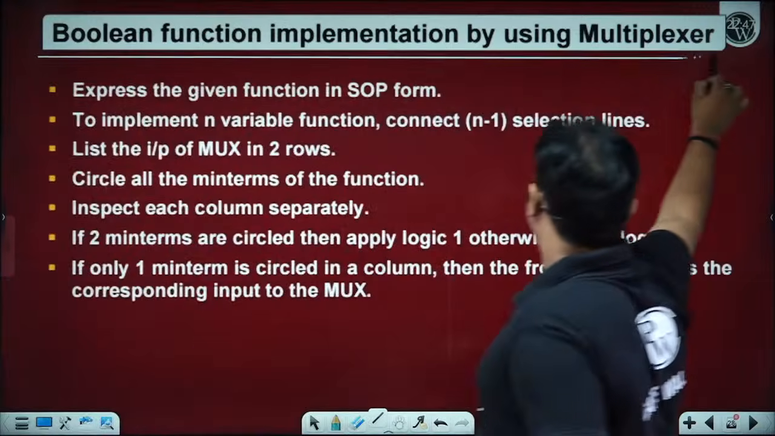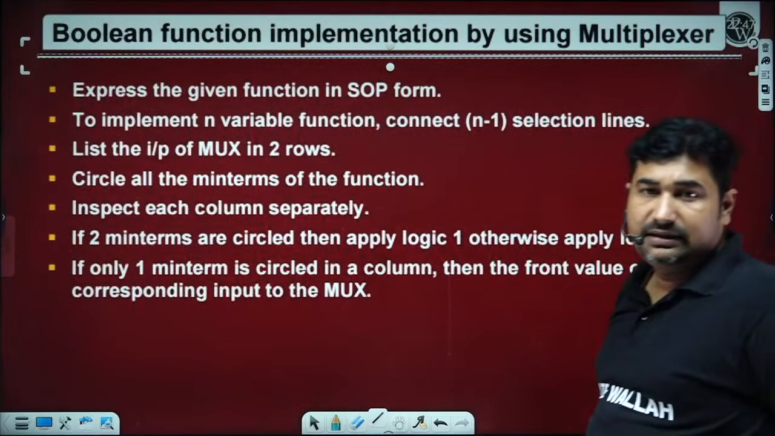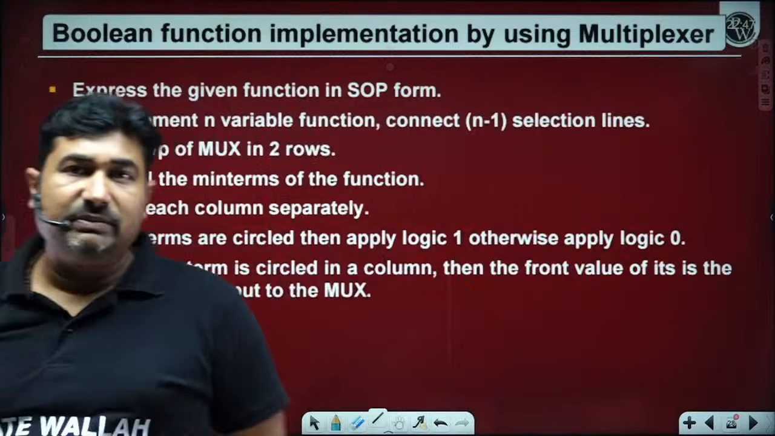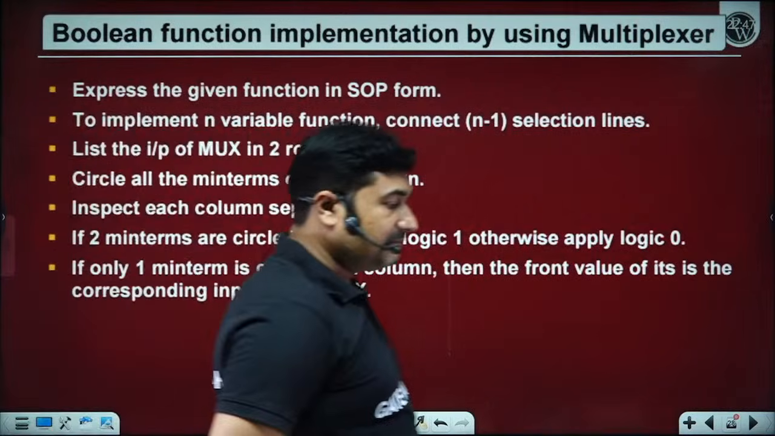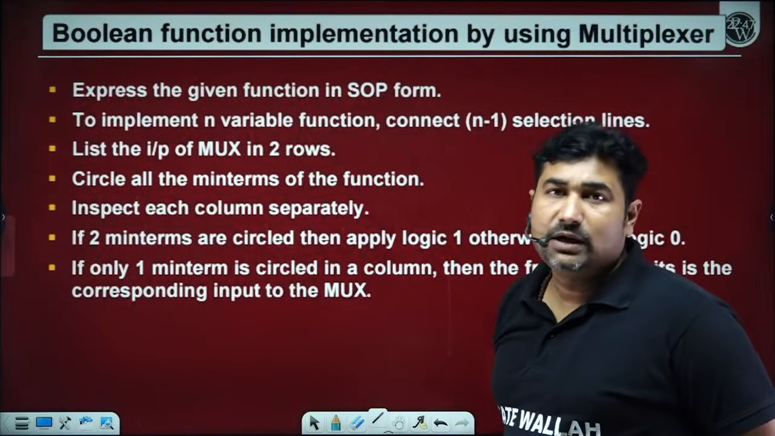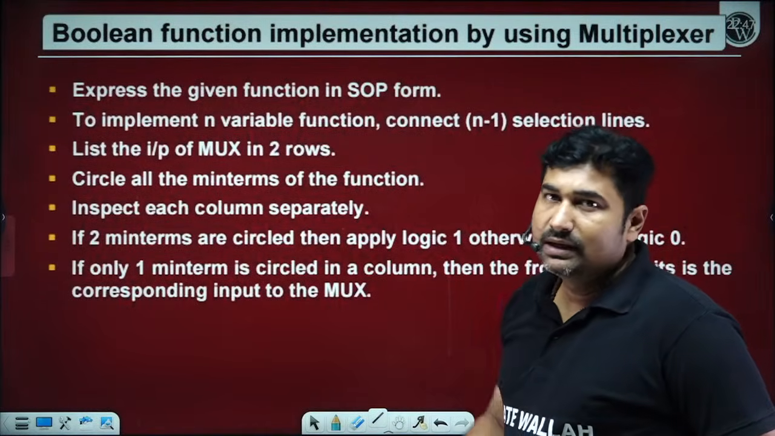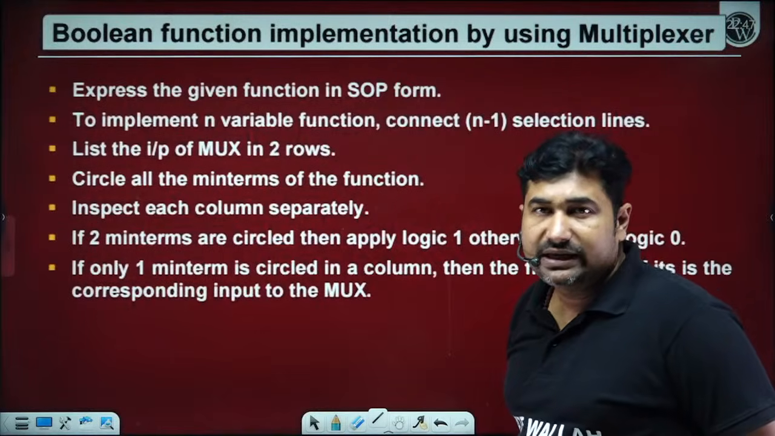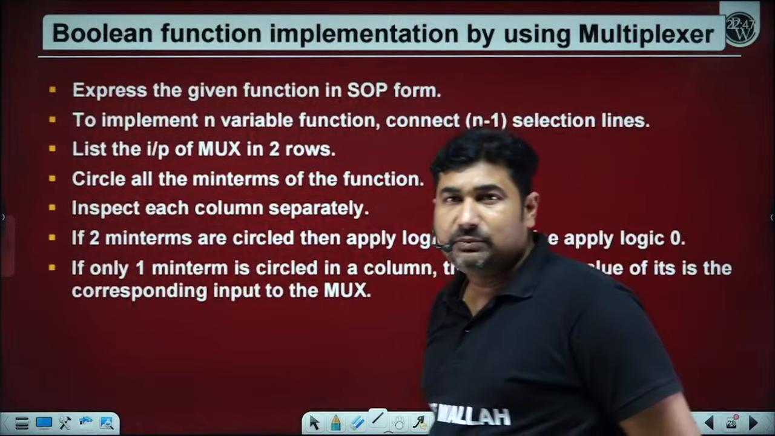Boolean function implementation by using multiplexer. Please write down Boolean function implementation by using multiplexer. There are some set of rules which, if you follow, it will be easy to find out the input pins. Now please observe how to identify what we need to apply on the input pin and onto the select